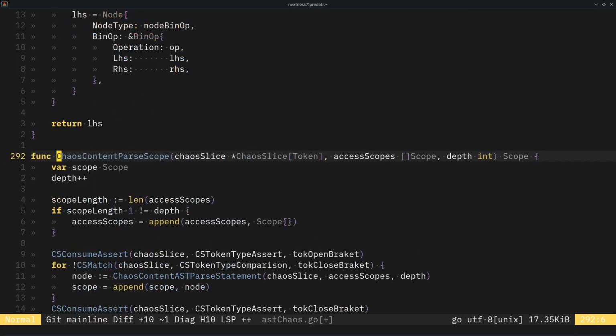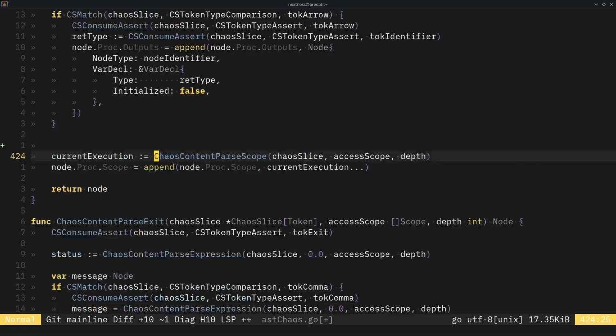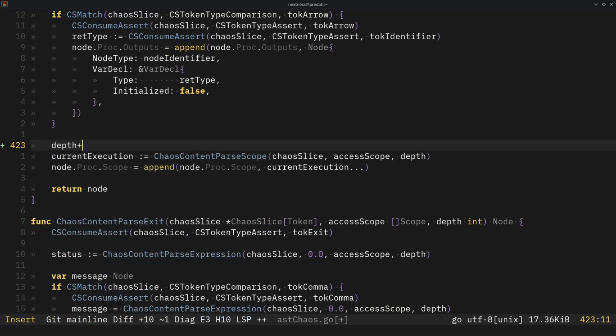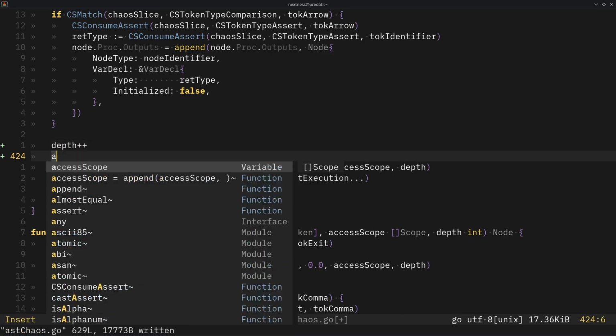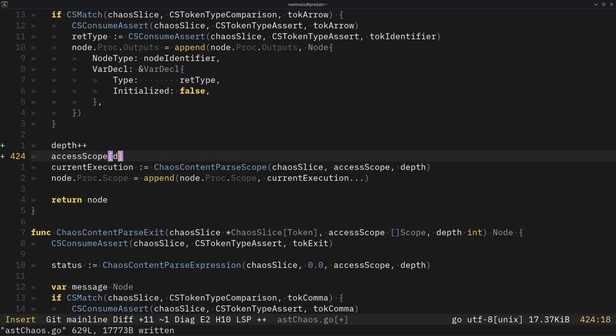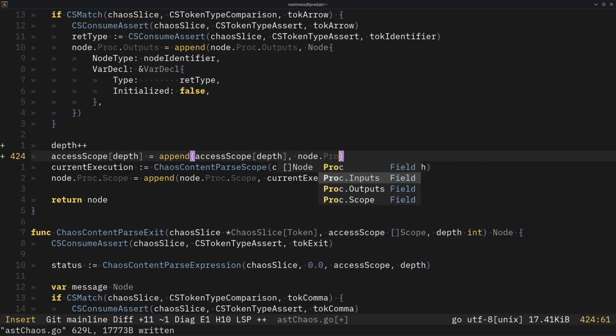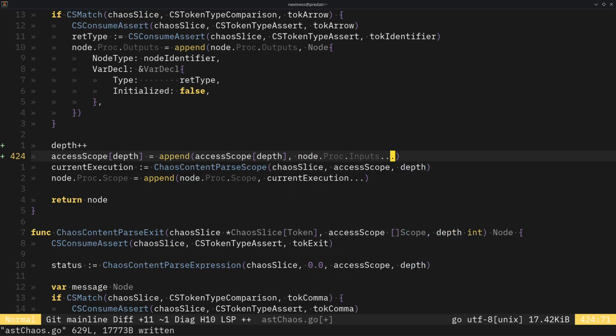So if we are parsing the scope, we are basically increasing the depth. So we first need to do the following. We need to increase that right now, and then we need to get the access scope at this depth, and we are basically appending whatever we get inside of the proc input as part of this right here. That is my guess,